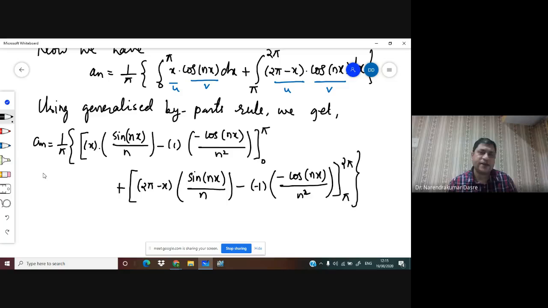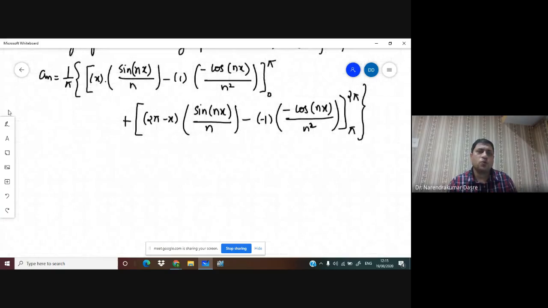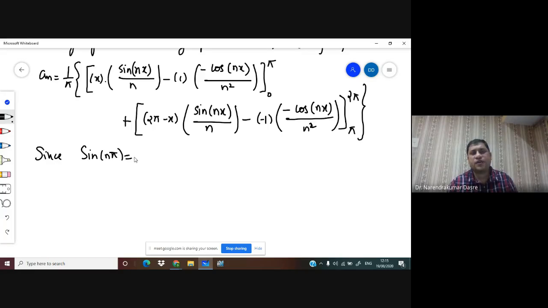Please be careful while writing the brackets and limits. Okay, so what we have here, we know since sine of n pi is equal to sine of 0 is equal to 0. So here you will get sine of 0 and sine of n pi. Here you will get sine of n pi and sine of 2n pi, and all those terms are going to be 0. We can write hence